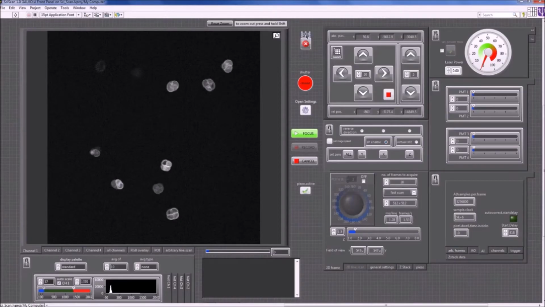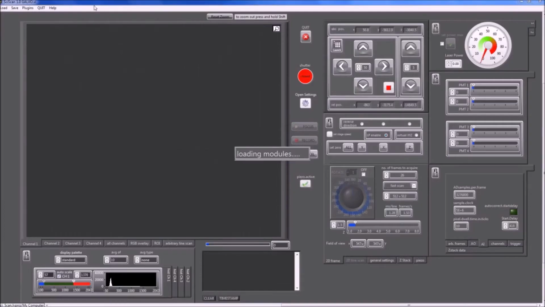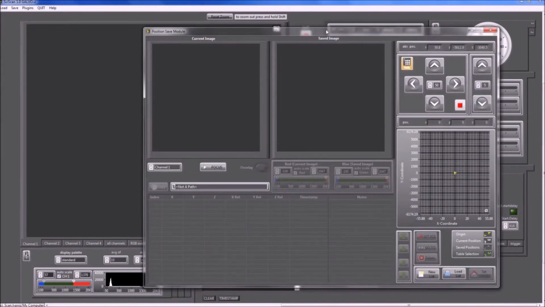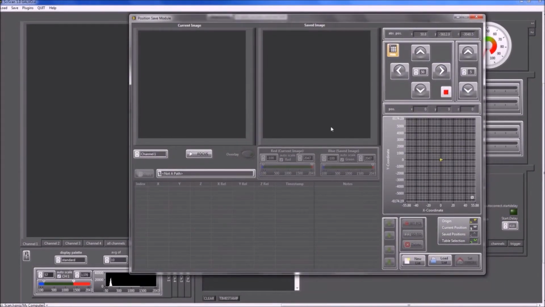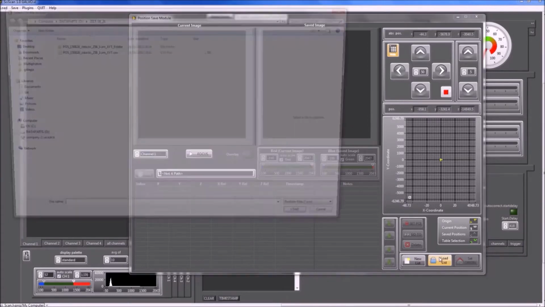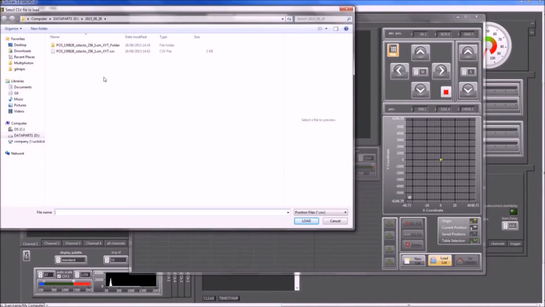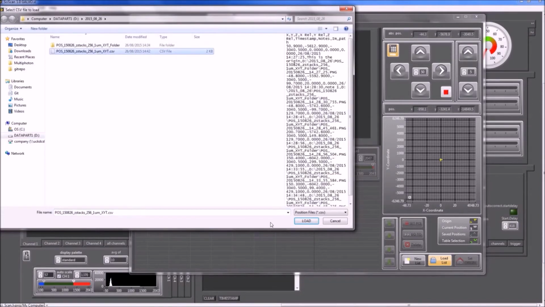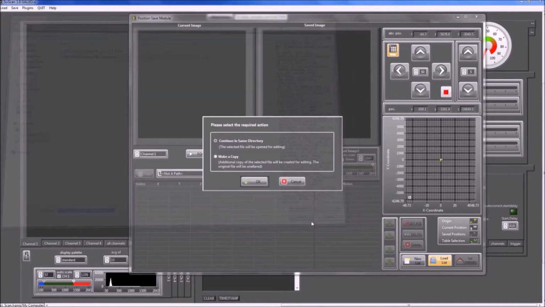Now to demonstrate the load feature, I'll first exit SciScan and we'll start SciScan up again, and let's launch the position save module as before. So we've got the position save module up. To load in a previously saved file, I can go and click on load list, which again brings the file explorer, and I'll choose the file that we saved previously, and if I click load, it gives you two options